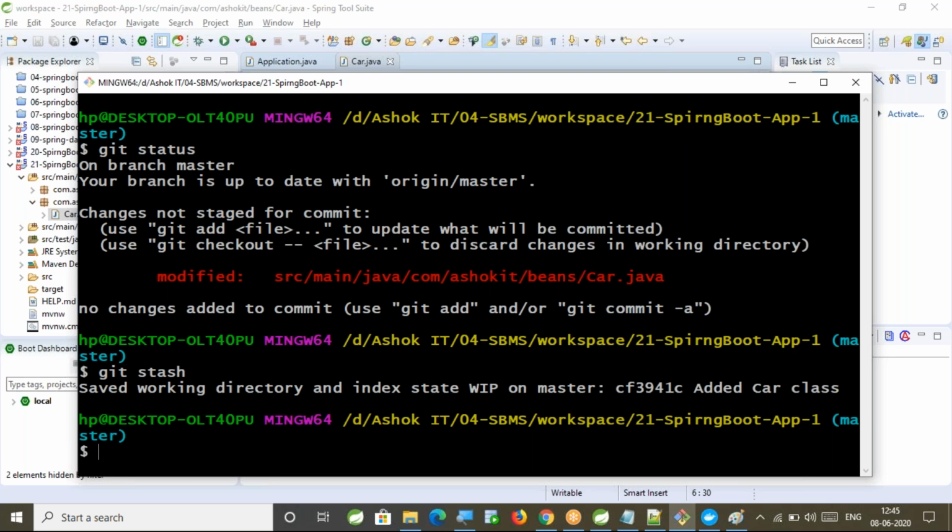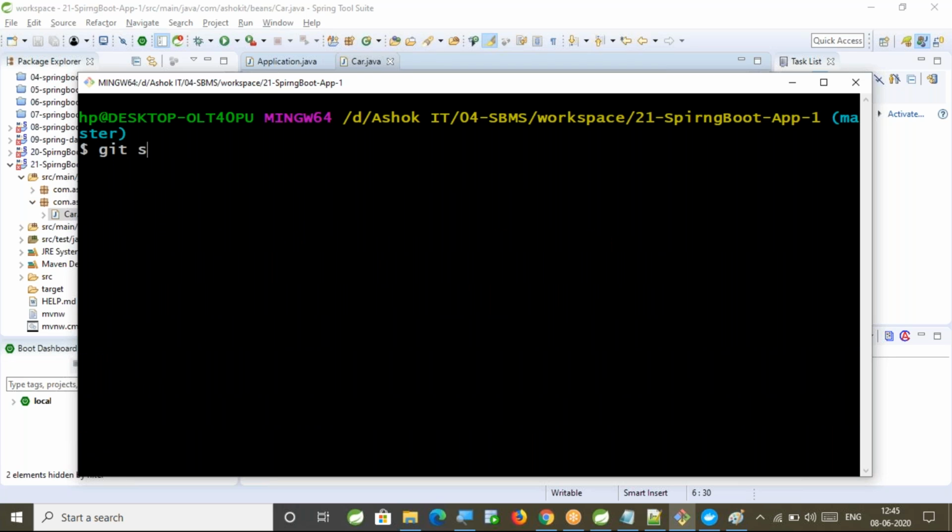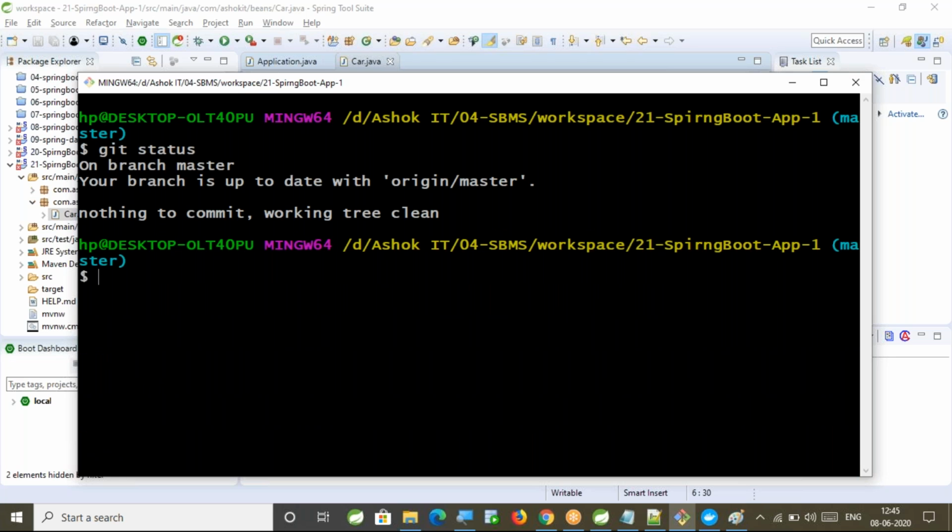Now execute git status. Nothing to commit, working tree clean. Where are the changes I have done to the car? They stored them in a temporary area. Now my working tree is clean.